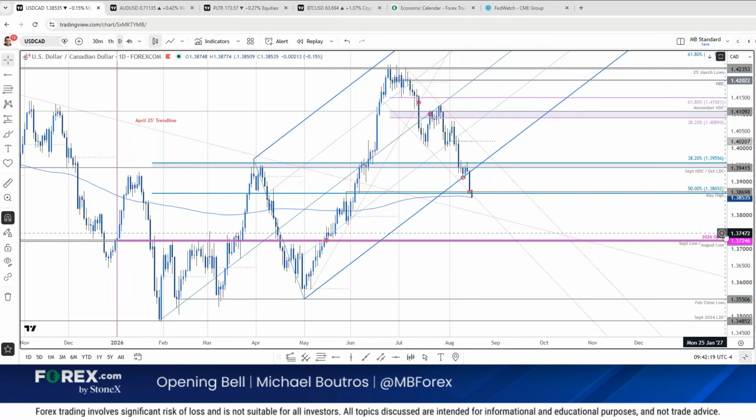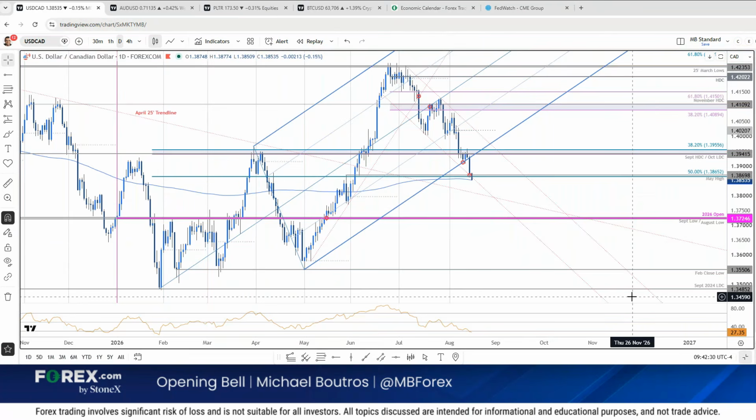So we're testing it as we speak, 38.53. If we close below this on a closed basis, you keep the downside in play for another leg lower. This is the lowest momentum reading that we've gotten since January, and we're in oversold territory. That's what we want to see if the bulls or if the bears have it. However, today, right now, you're testing that 200-day moving average.